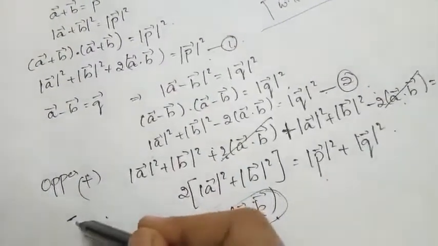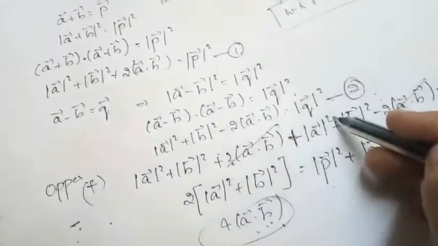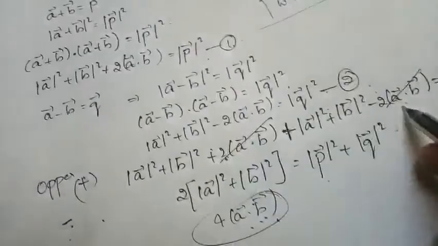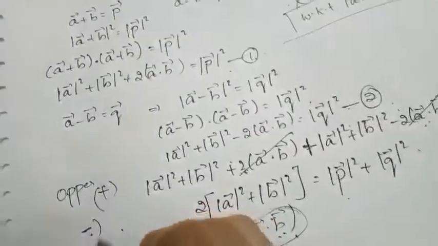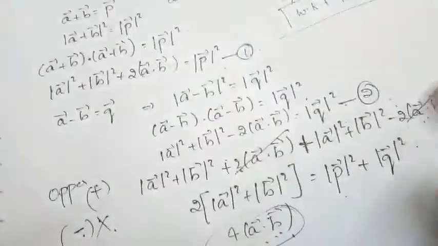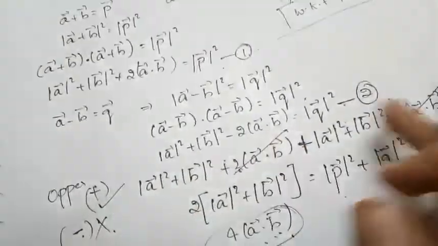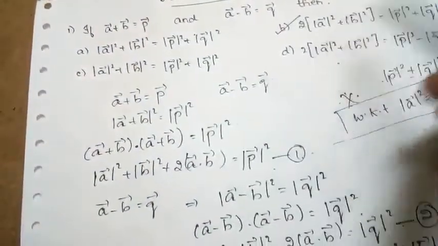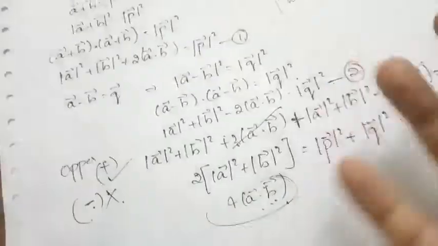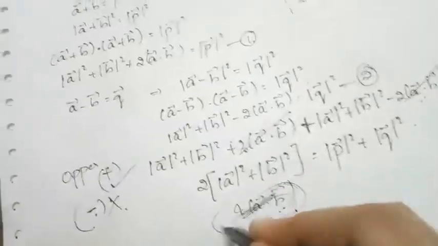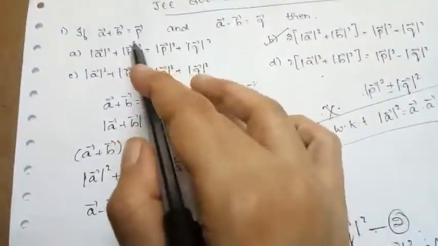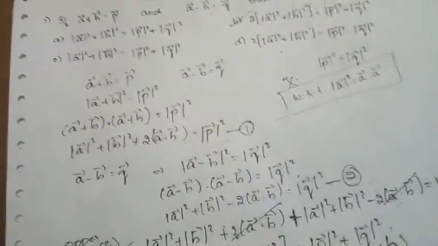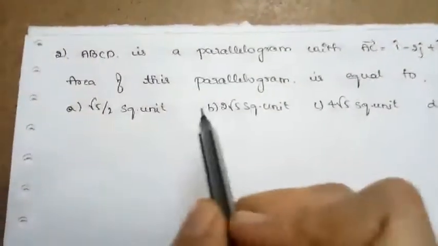So before taking the negative, we know that if we subtract equations 1 and 2, these two are going to get cancelled. We get that idea in the beginning itself by looking into the equations, so I didn't go with subtracting the two equations. I went with adding expressions 1 and 2, so that on the LHS also we get an expression in the form of magnitude of vector A square and magnitude of vector B square. So our option is A, no, it is B, which is going to be satisfied for the given two conditions. This is how we solve the question. Now let us move to the next question.